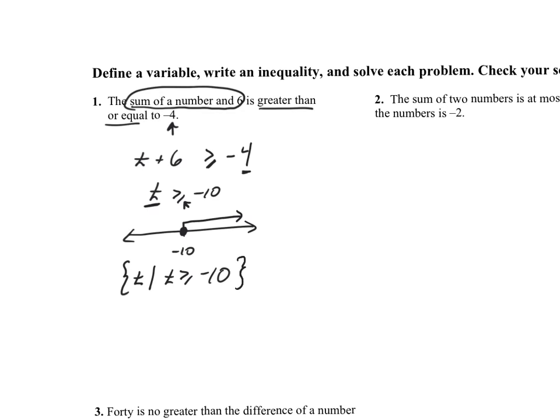That looks pretty good. Okay, so let's do a little check there. If I pick a number in here, what's a number that's in between negative 10 and, well, I guess infinity is sticking out here someplace? Let's pick 1. So just to check one number on the interval, because if it works for 1, it means it's going to work for all of these numbers. So if I check 1,